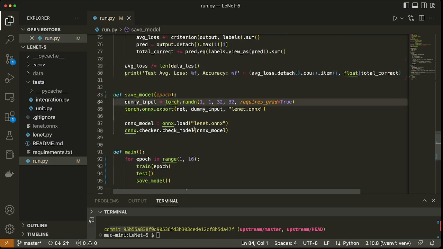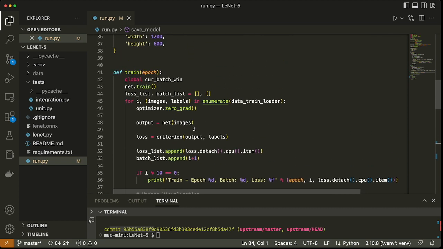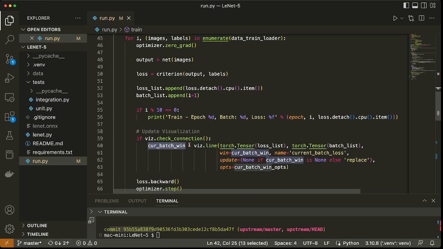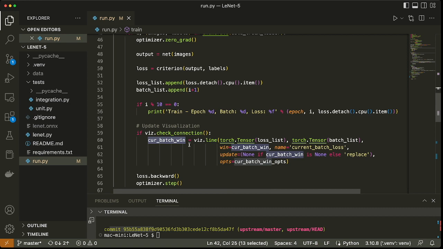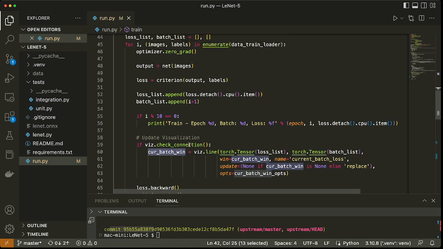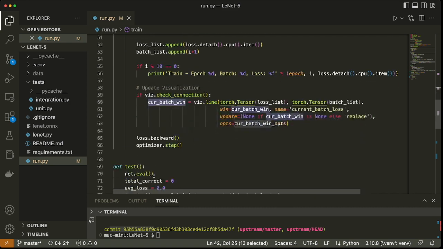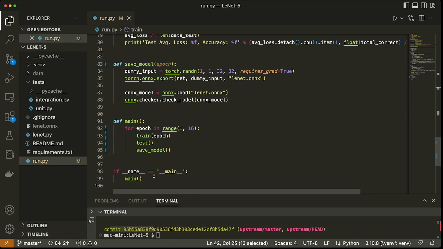The train function is supposed to train the model, but it has the additional concern of reporting progress for charting and printing to the console. Cur batch win needs to persist between calls to train, so the author has thrown it into the global namespace. In the interests of separating these concerns, there are a couple of approaches. The object-oriented approach would be to use a callback. So we would put cur batch win and viz into an object, declare it in main, pass that object to